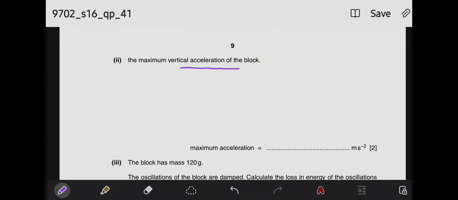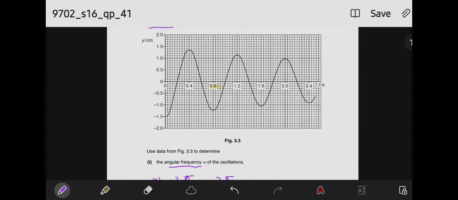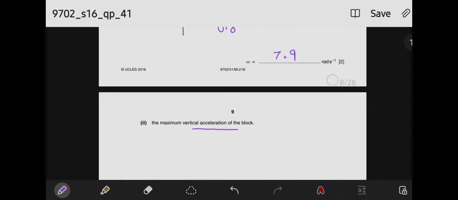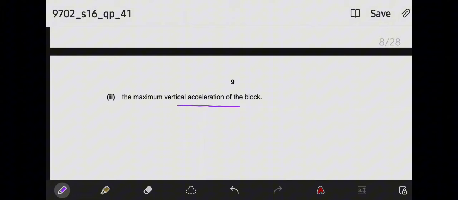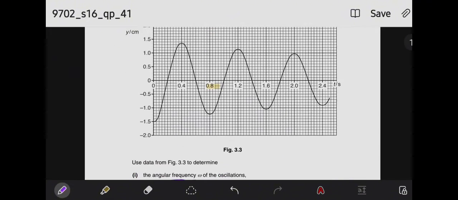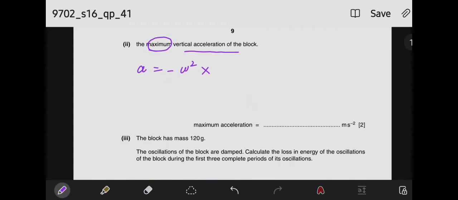The maximum vertical acceleration of the block. Okay, so for acceleration, the formula for simple harmonic motion is omega square x, where x is the displacement, and since we need maximum vertical acceleration, we need the maximum displacement. So from the graph, the maximum displacement is in this direction, so it's 1.5 centimeters. So omega we found out first, 7.9 square, into the displacement, which is in centimeters, so you need to convert it in meters, so that would be 1.5 into 10 to the power minus 2, and our answer would be